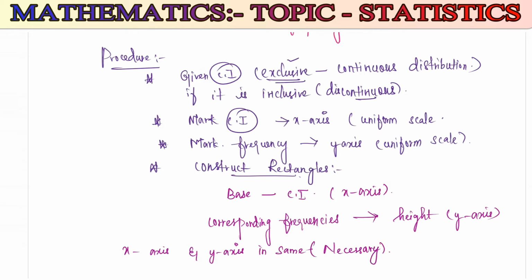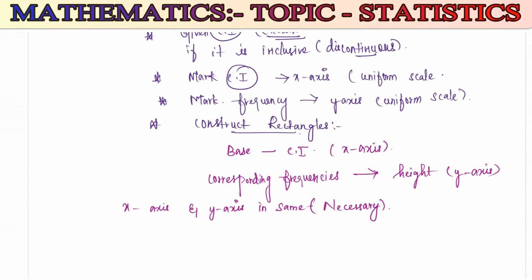The selection of the scales depends upon our convenience and the type of data we have. Do not confuse a histogram with a bar chart. In a bar chart, the height of each bar matters and not its width, therefore it is one dimensional. In a histogram, the height as well as the width of each bar matters, therefore it is two dimensional. You should not get confused between the histogram and the bar chart.